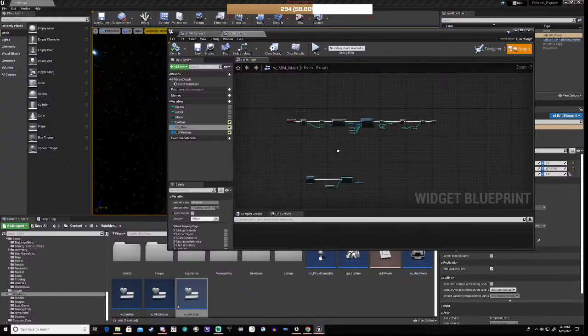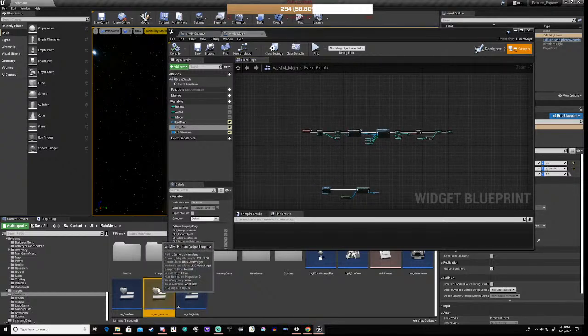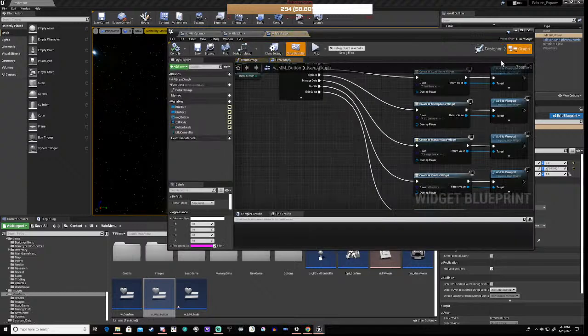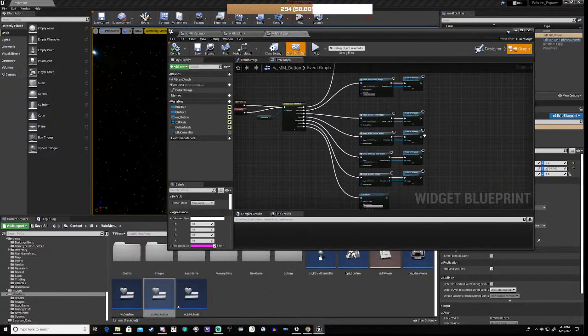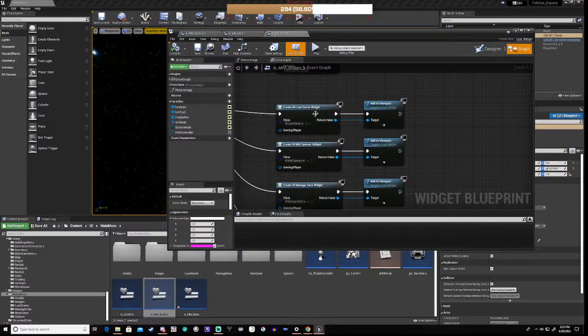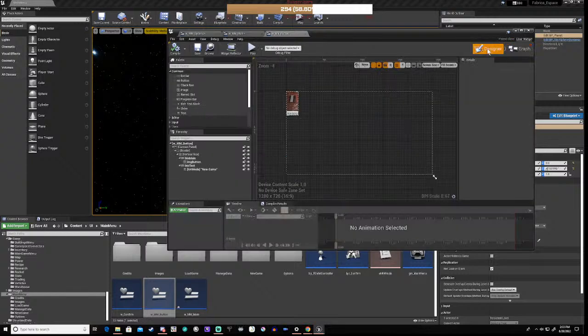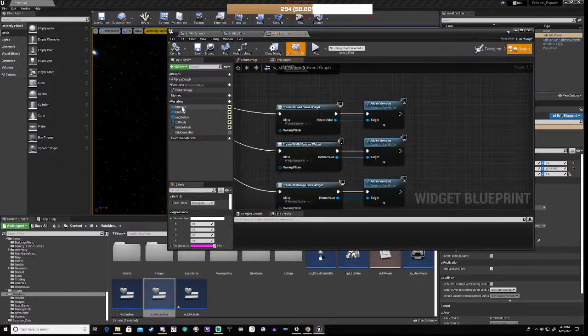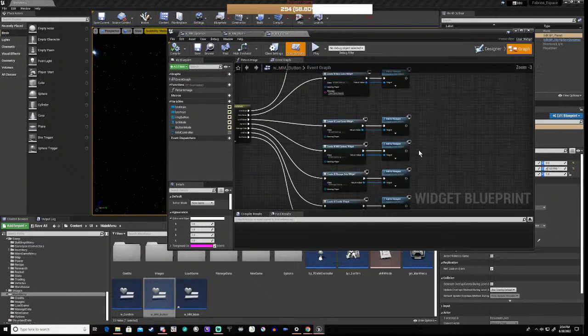So it basically isn't in there. So we need to look at button. So if we go into the graph here, if we go to options, we basically get our, right, so this is the buttons, right? And that's the controller. So yeah, this would need a little bit of work. This needs a little bit of work, but